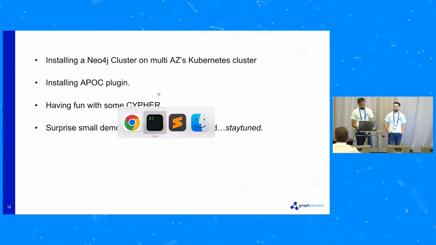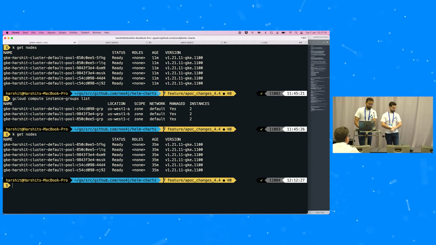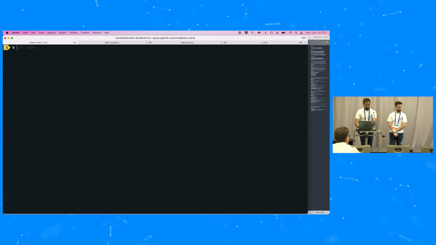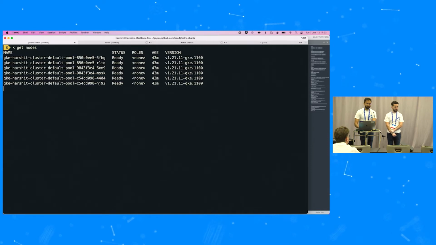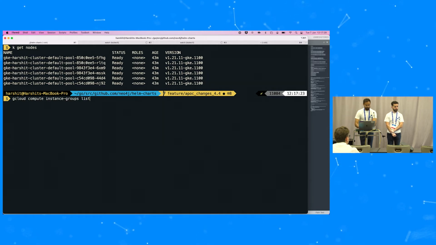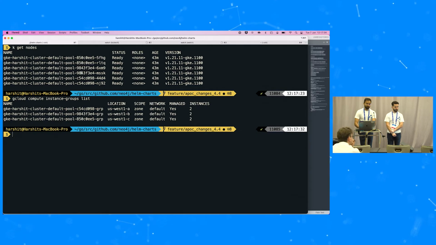So I'll quickly move on to my terminal. And so what I've done is on the GKE, I have a Kubernetes cluster already up and running. It's a 6-node cluster that you can see. Let me just quickly do k get node. So basically K is a kubectl client that Kubernetes provides. And just to prove to you that this cluster is multi-zone, this is basically 3 instance groups of this particular Kubernetes cluster, and you can see that it's divided into 3 zones, US West